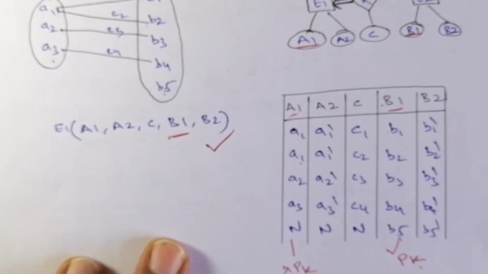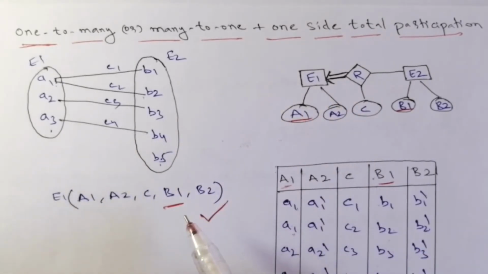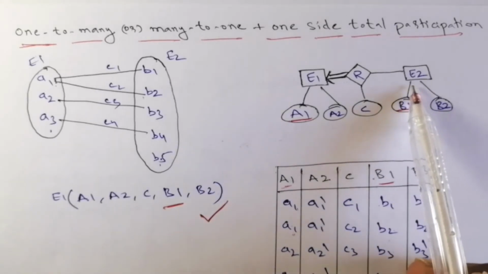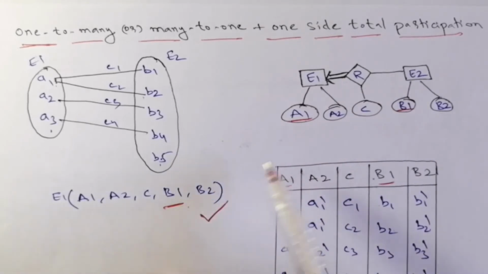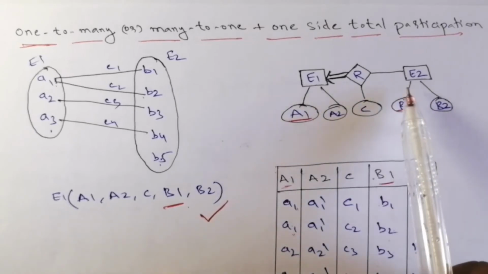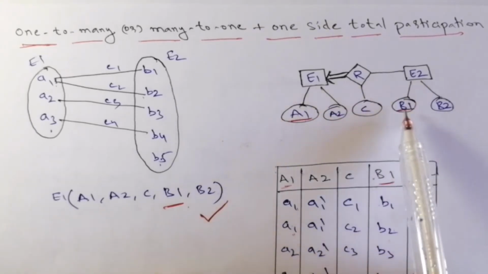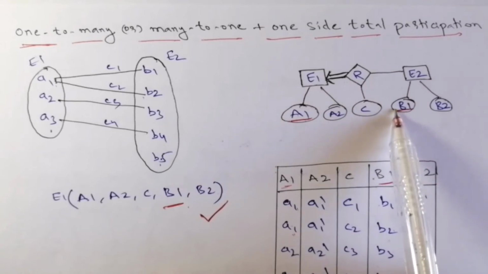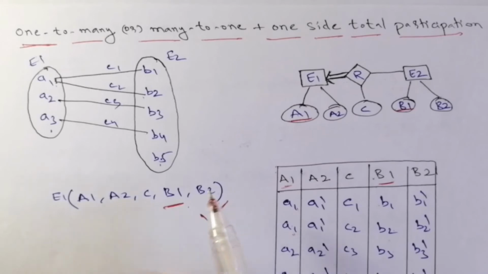That is, for one to many or many to one plus one side total participation, only a single relation is required, and the B1 side, which is the many side, is going to be the primary key. So you have to remember not with these B1s, but with the one and many side. The one side key will not become the primary key, the many side key will become the primary key. So this is the case here. We have already discussed it in the table, it's a proof for it.